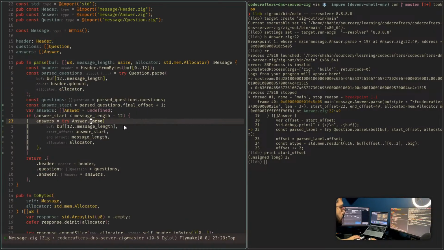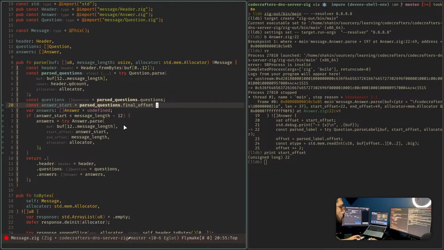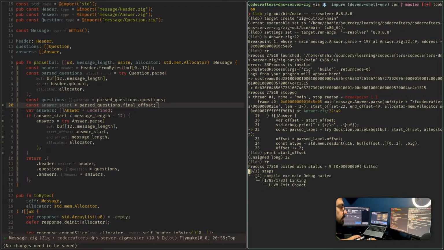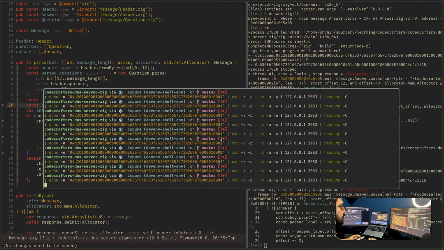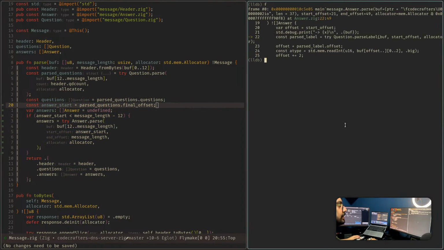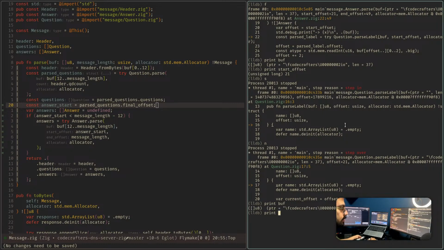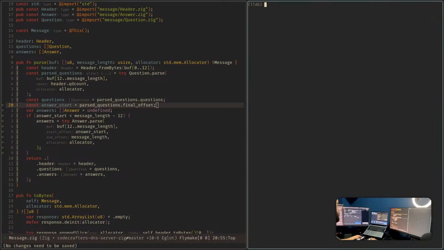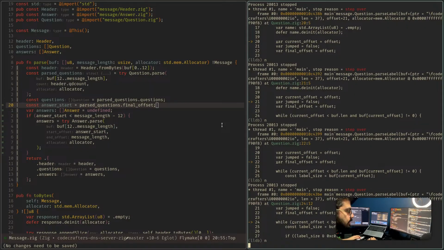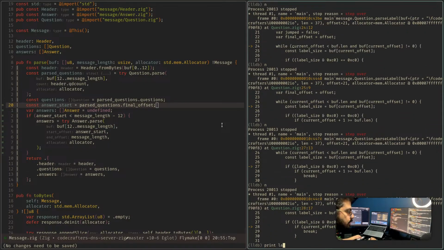If I go to message, and remove this because somehow I'm already passing that. If I do here, print buff, print start offset, 21. So step in, next, print buff, 21, bring back the music, and then where was I? Next, next, next, next, next, next, and next. Label size